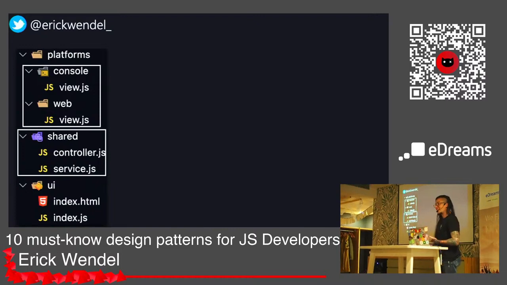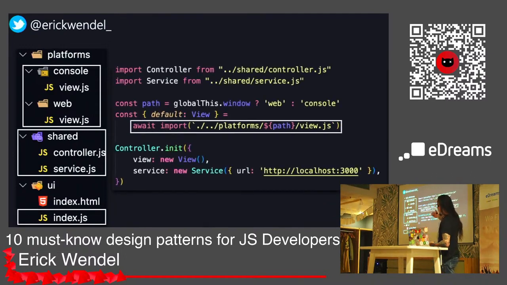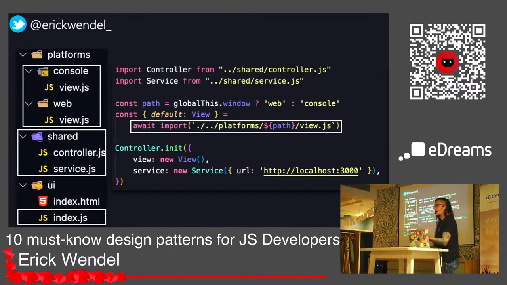The cool thing here is we're gonna have a shared layer, and this shared layer I can use to control the whole flow. I can have the controller, which, as the controller doesn't know the whole implementation of the file, is just calling the functions, and it's pretty nice. And then I will have the view, and for the view I can notice which platform I'm running on.